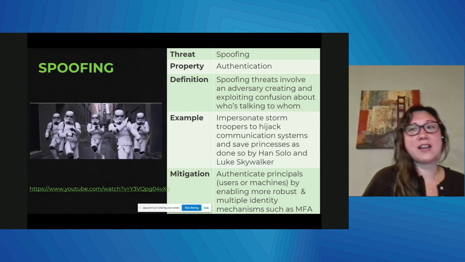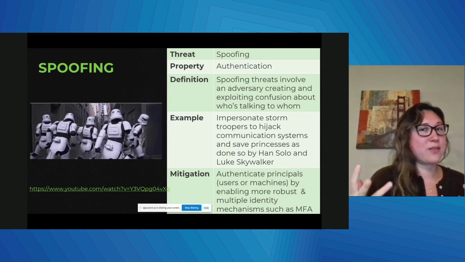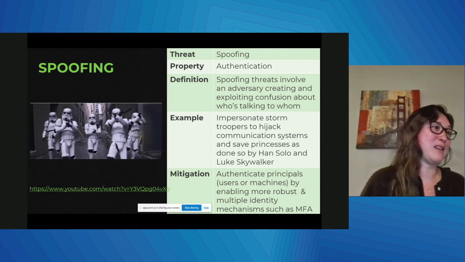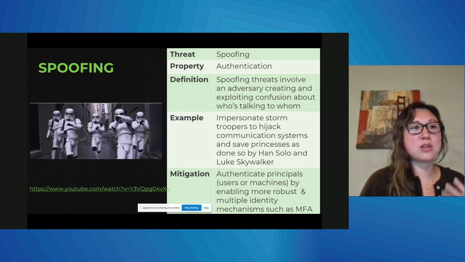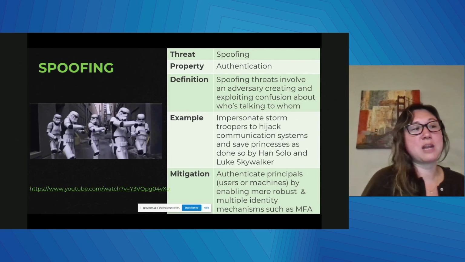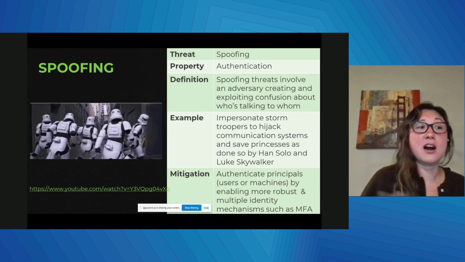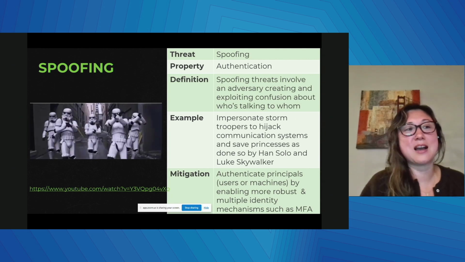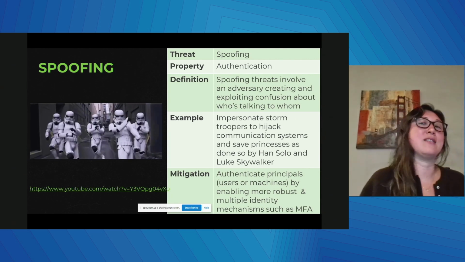So let's talk about spoofing. Spoofing is a property of authentication, and let's talk about what it actually means here. The Death Star's sophisticated security system, for example, could potentially be vulnerable to spoofing attacks. Intruders might be able to impersonate legitimate personnel to gain unauthorized access to those critical systems, causing havoc. Understanding these vulnerabilities allows us to design authentication mechanisms that prevent some of this unauthorized entry.